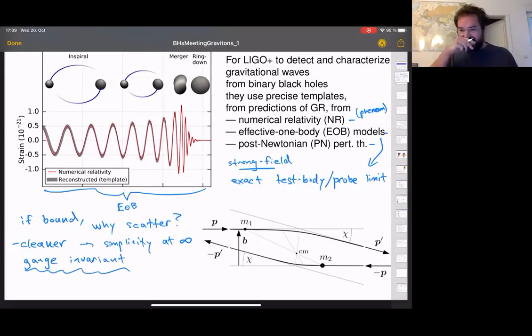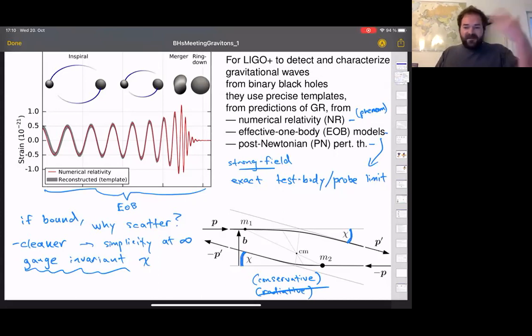descriptions of the dynamics. A nice example is, at least for the dynamics of non-spinning systems, the so-called scattering angle function. So if these two guys scatter in the center of mass frame, let's say focusing on the conservative dynamics, which is also a caveat for all of the rest of this talk, I'm going to be focusing on the so-called conservative part of the dynamics, leaving out the so-called radiative part. I'll say a bit more about that on the next slide. But if we focus on the conservative part of the dynamics, which in some ways is the more important part,